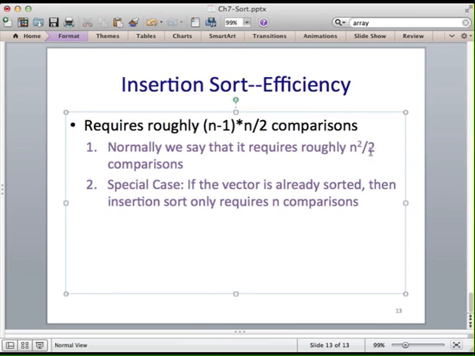And again, we kind of factor out the linear factor, because as n gets really large, the n squared term predominates. And so we said on average it requires n squared divided by 2 comparisons. And again, if I looked at it a little bit more carefully, probably I would say it was n squared divided by 4 comparisons. Now there is one special case which is very fast for insertion sort, and that is